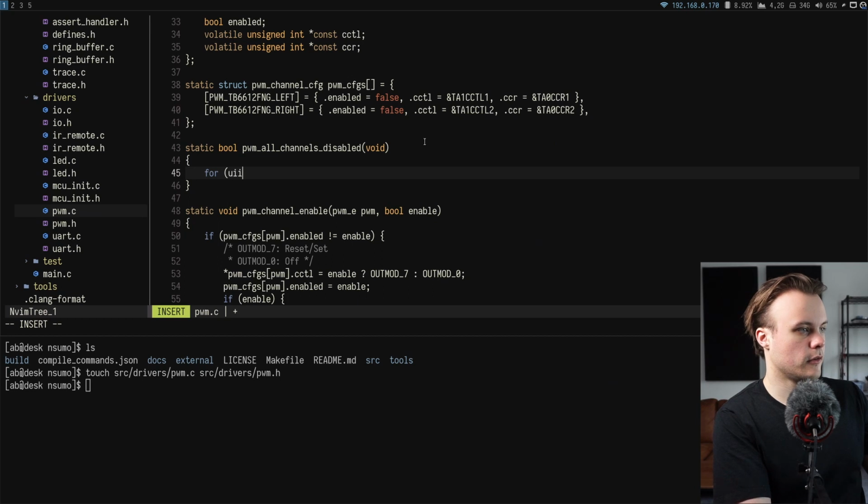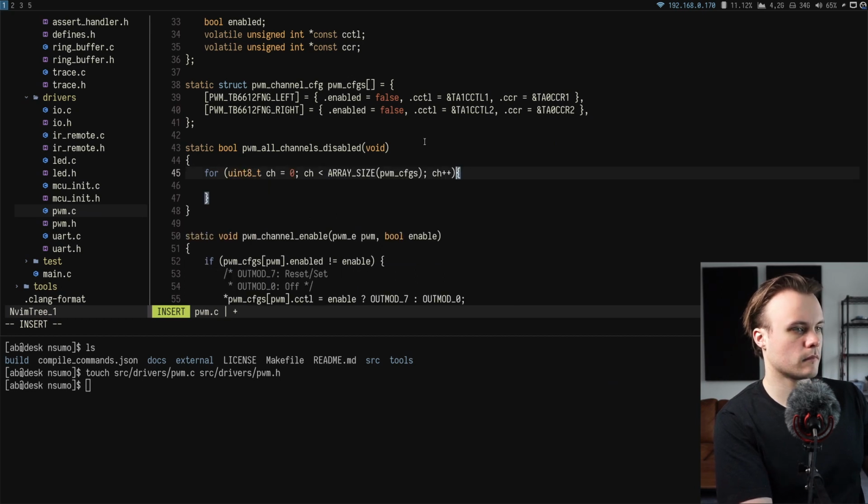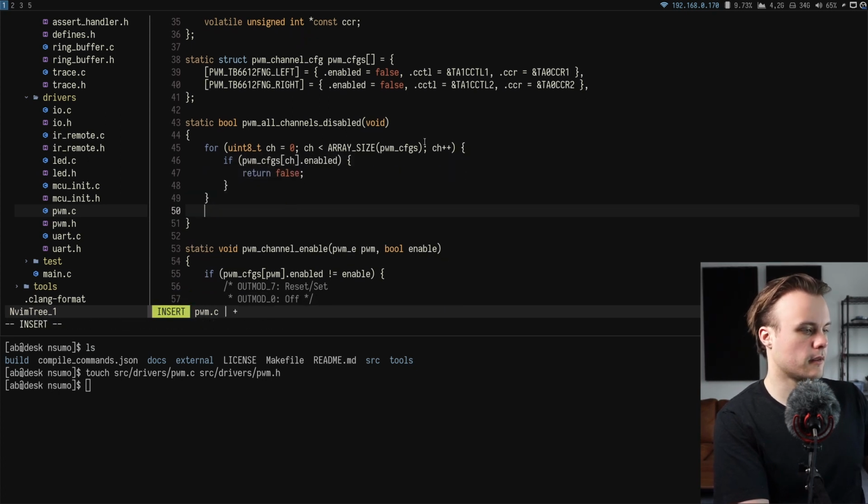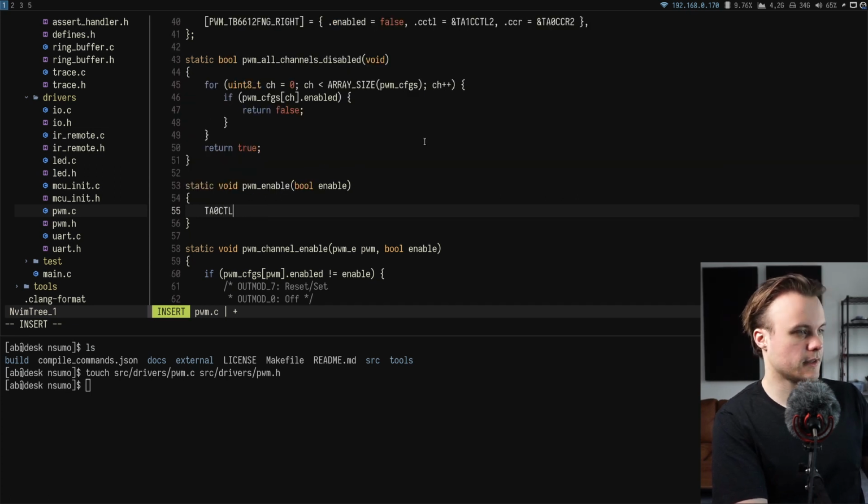So here I can just loop over all of the channels. And if I find a channel that's enabled, that means that all channels are not disabled. And if I don't find it, that means they are all disabled. And then to enable and disable the